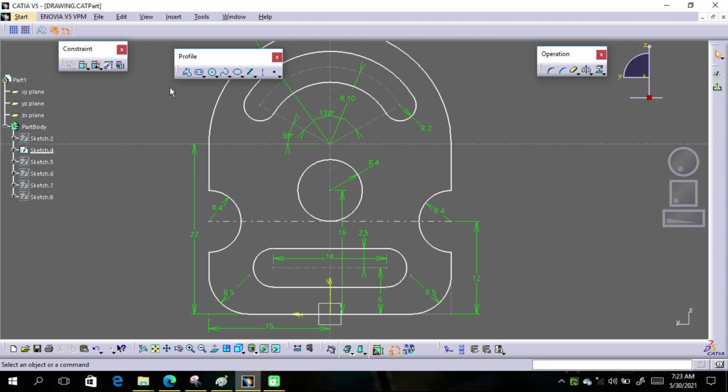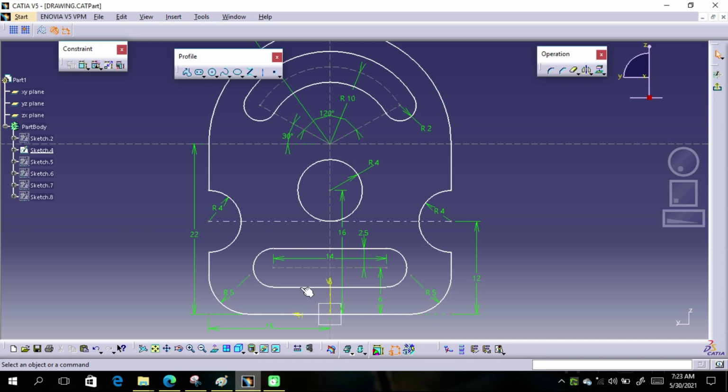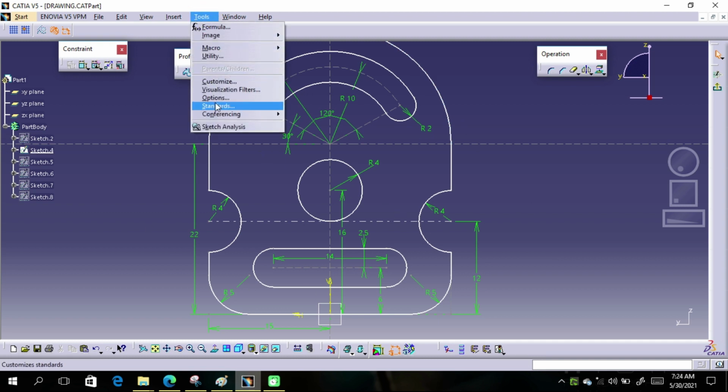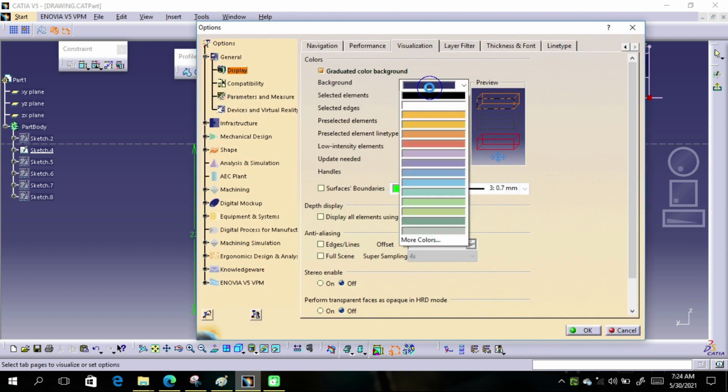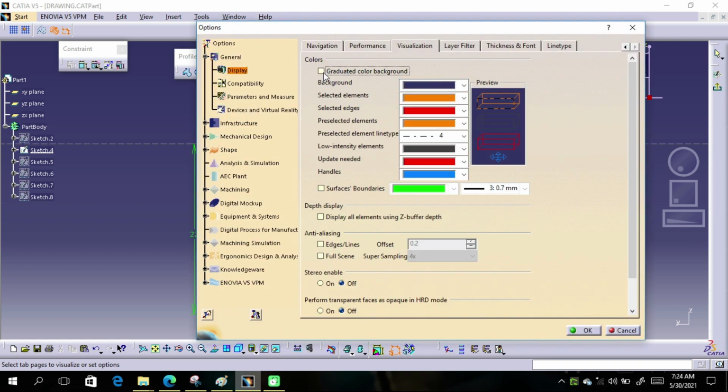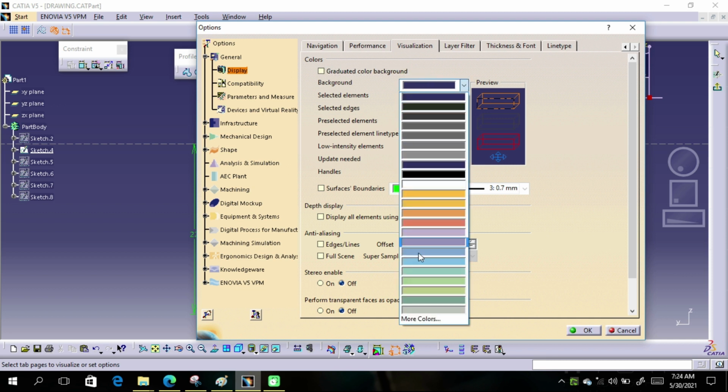How to change the background color of your workbench? Your CATIA has this background, but I don't like it, so go to tools options, and I'm going to restore the original color. Just uncheck this gradient color button and create a new color for your system.